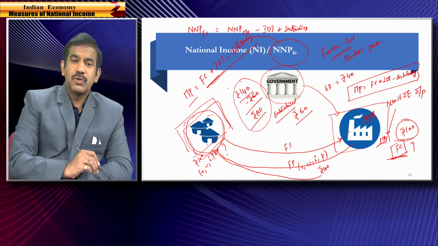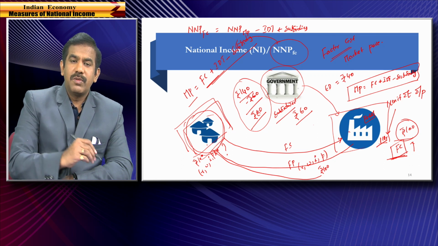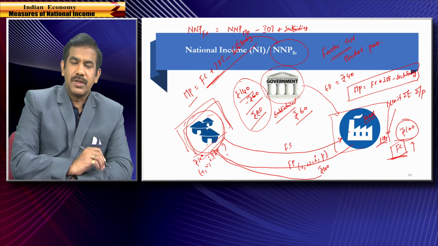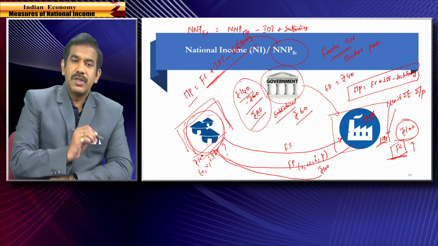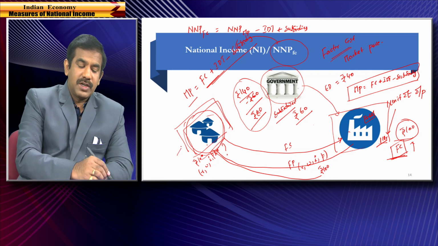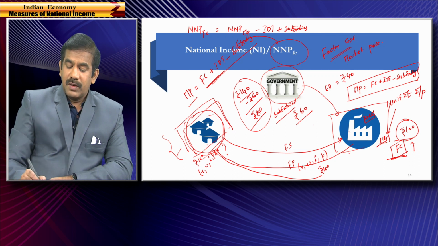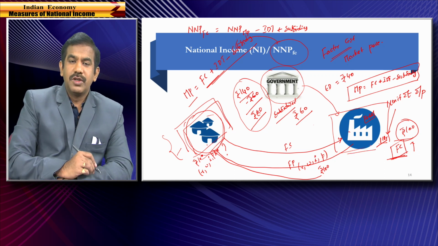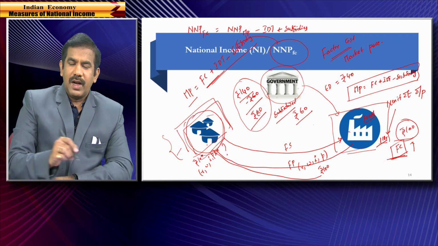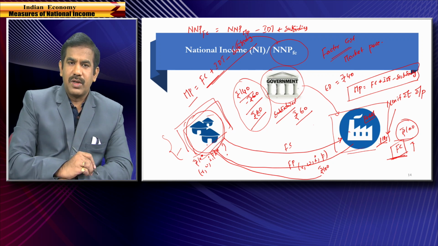Because change in market price could be arbitrarily done by the government changing its tax components and subsidy component. Henceforth, the real measure of income of this country or the factor income of these people is simply accounted by summing up the cost incurred upon the factors of production in producing 1 unit of output, and that is the reason I call NNP at factor cost is also very commonly referred as national income.